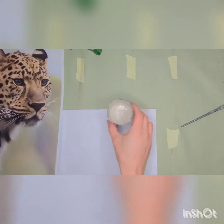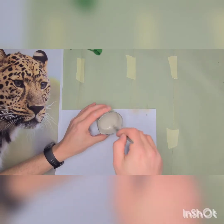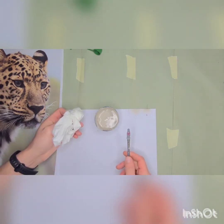So as you saw, I just labelled the paper with number 1. And what I did before was I took a sample, or took some of the paint out. This is so that the colour is...